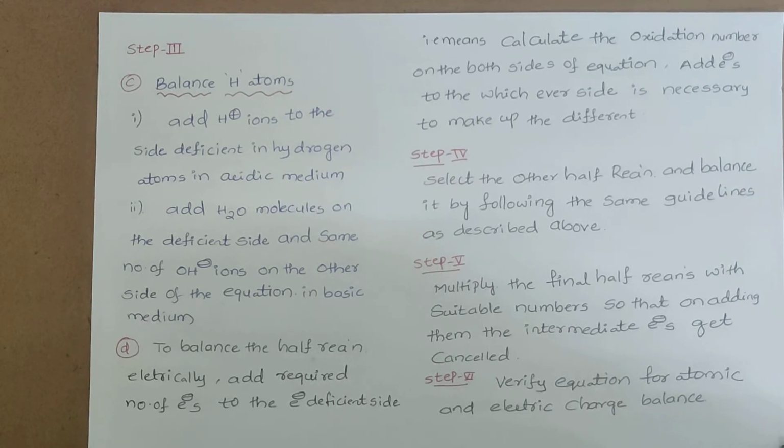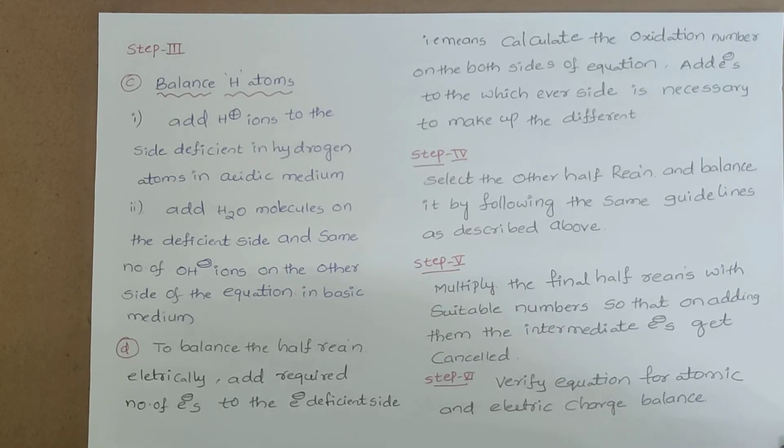Next, let us take the other half equation. That also can be balanced. First other atoms, then oxygen atoms, then hydrogen atoms. Finally, electrically balanced. Now, in step 5, the two half equations are well balanced with respect to the atoms as well as electrically. Let us see whether in both the half equations the number of electrons are the same or different. If the number of electrons is not the same, the two half equations can be multiplied with a suitable integer to get an equal number of electrons. That is what we have to do in step 5.